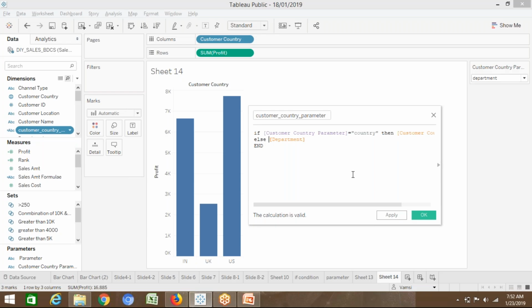So what we are doing, what is our objective? If the user selects country from the drop down, what is that drop down on the right? That is a parameter. In that there are two values. So the formula is: if customer country parameter. This is our parameter name, basically the name for that drop down. If the user selects